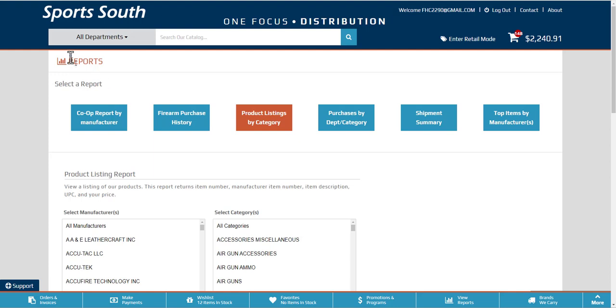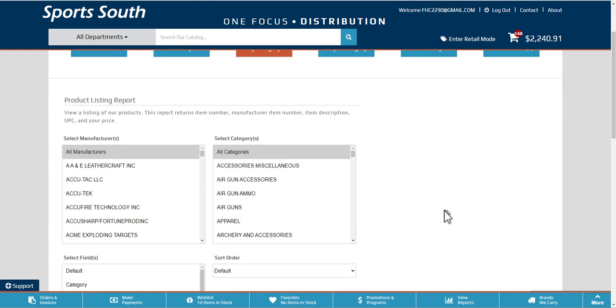Let's go explore Sports South, which is the shootingwarehouse.com site. Once I've logged in, I've gone across the bottom here to view reports. There's product listings. What I'm looking for is all manufacturers, all categories,